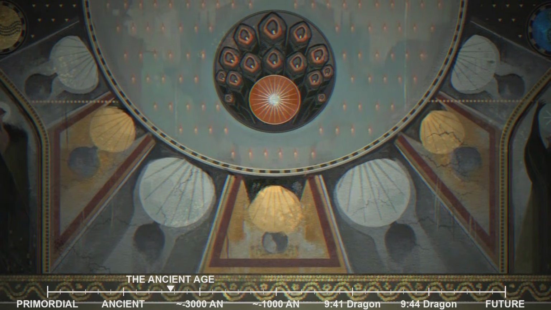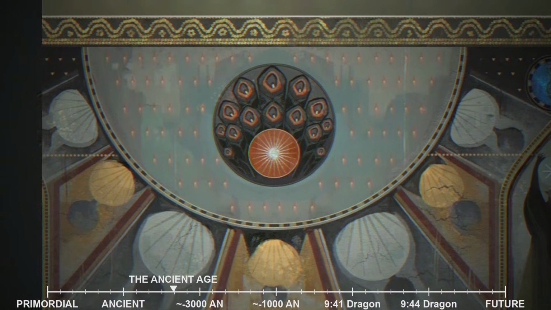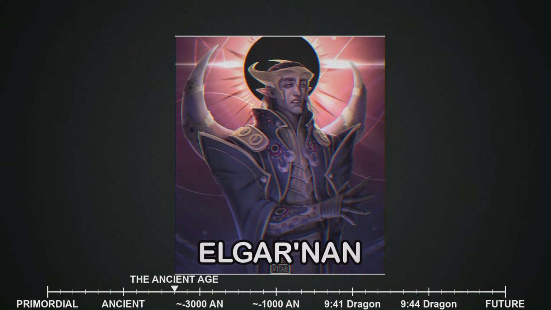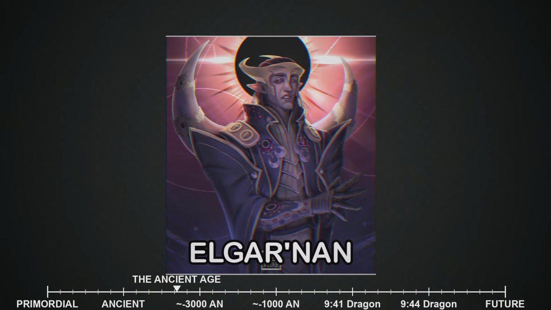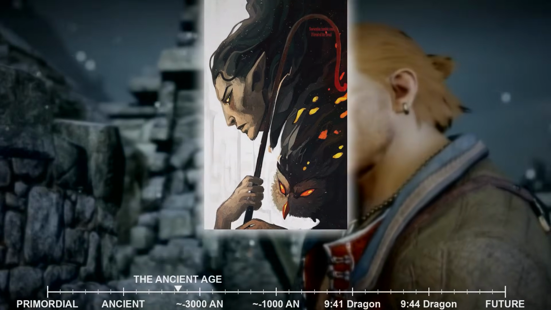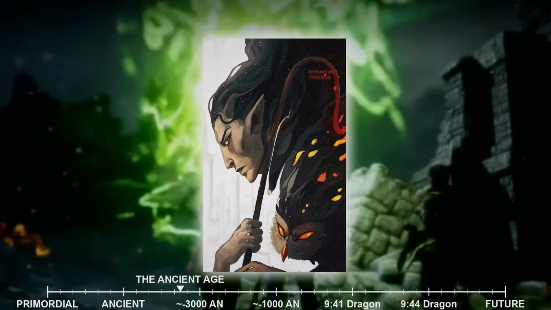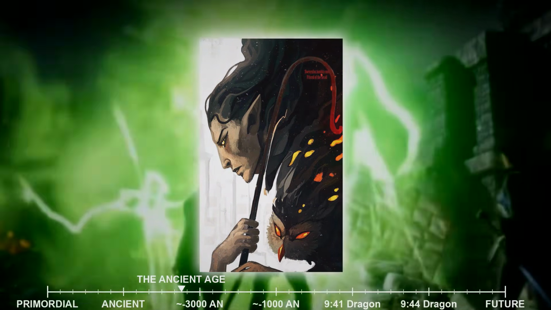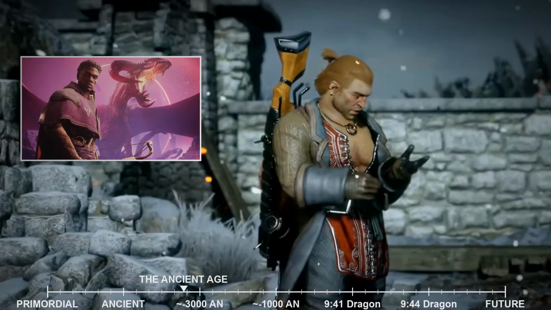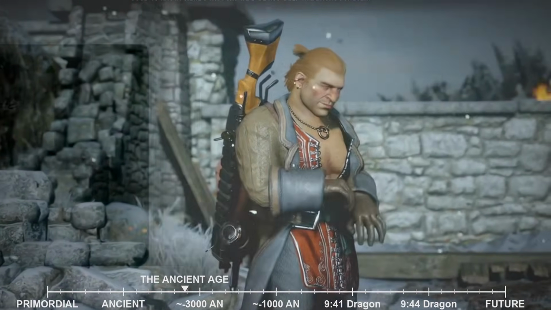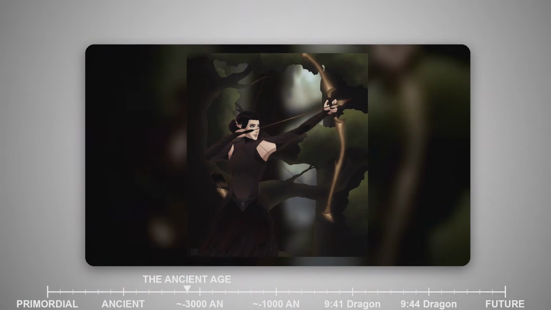The pantheon includes several figures whose names will echo through history, though their true natures will be distorted and misunderstood by later generations. Elgar'nan, the All-Father, is revered as the eldest and most powerful, a god of vengeance and retribution who, according to legend, once buried the sun itself for scorching the earth. Falon'Din, the Friend of the Dead, guides spirits through their journey from life to death and back again, his temples serving as waypoints for souls in transition. Dirthamen, the Keeper of Secrets, hoards knowledge with jealous intensity, his archives containing wisdom that lesser minds cannot comprehend. Andruil, the Huntress, roams the forests and wild places, her prowess in the hunt unmatched by any mortal or spirit.